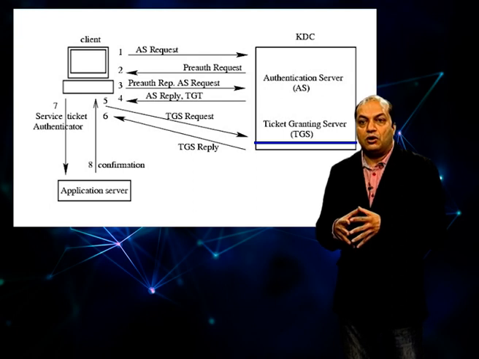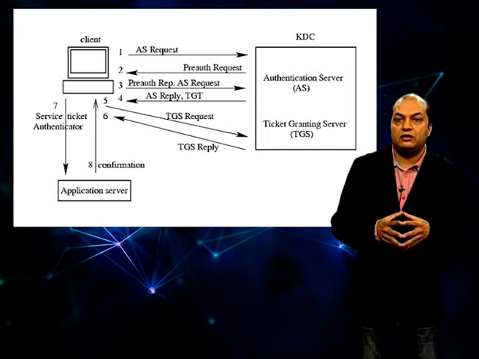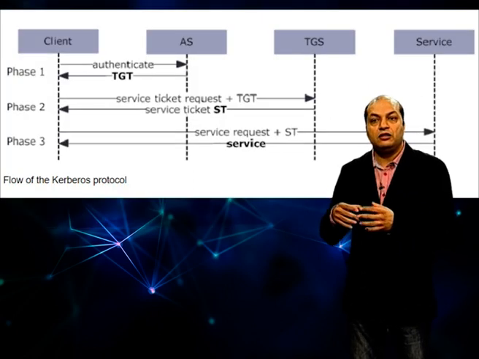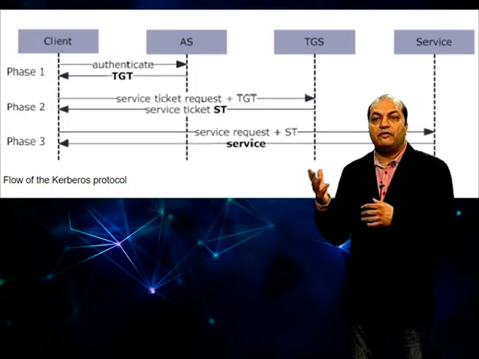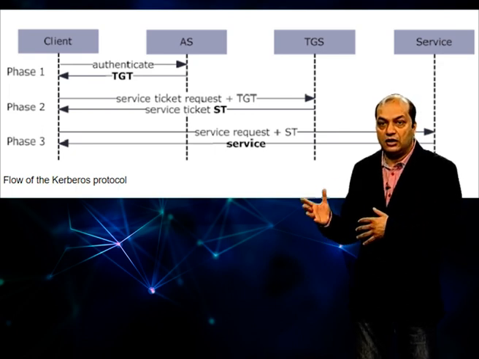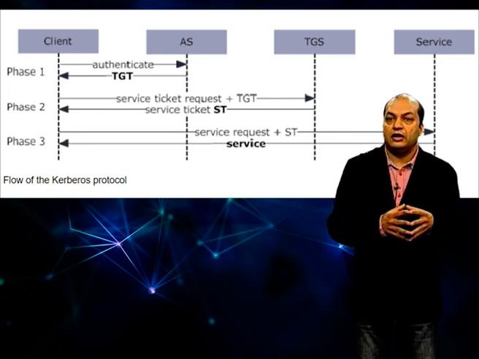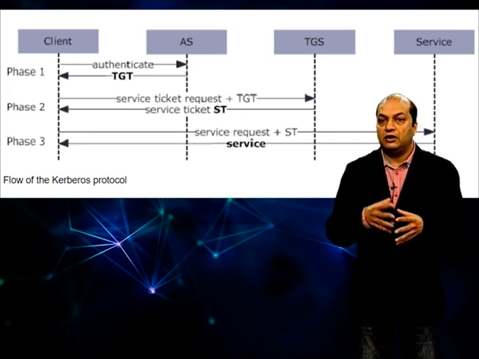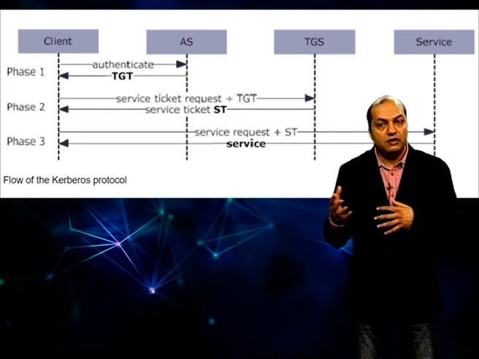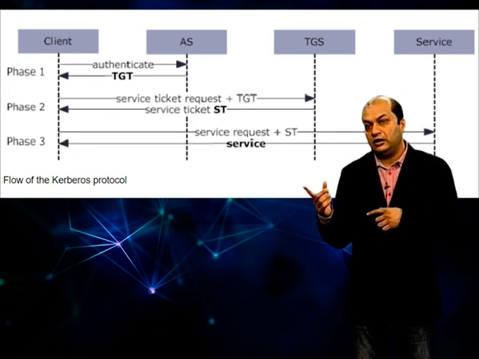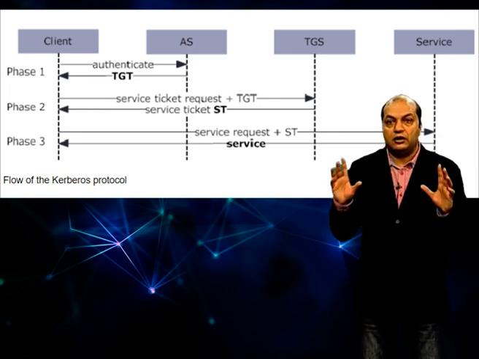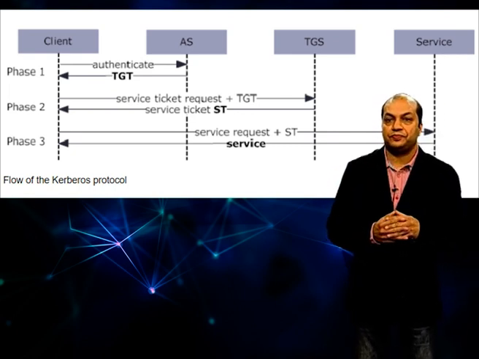The envelope, or the encrypted message that the client is going to decrypt, is encrypted using the client secret key, which is also available at the key distribution center. Using the secret key, the client can decrypt one envelope. After decrypting it, the client gets a session key, which is made only for the communication between the client and the ticket granting server, and it is known only to these two parties or entities.